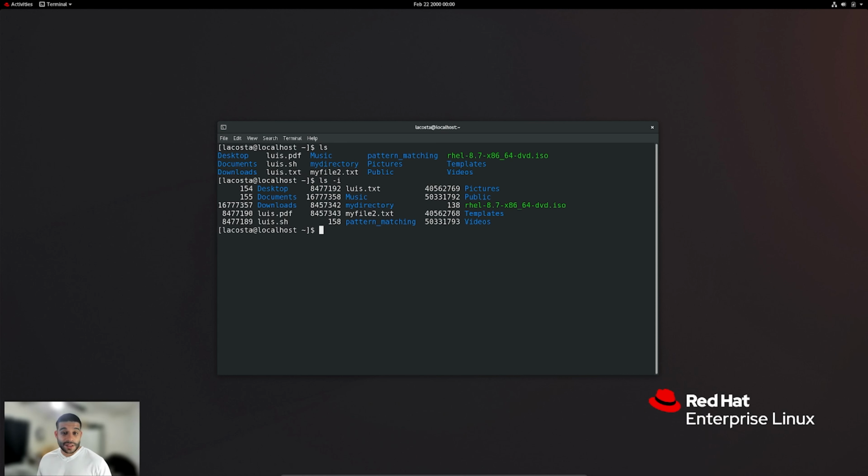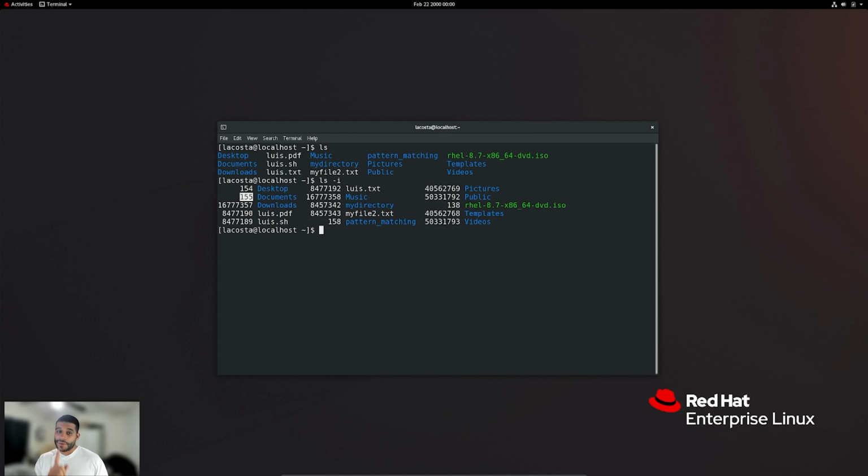Now, interestingly enough, an inode is a data structure that actually contains information about the file or the directory. These numbers that you see next to the directory, so as an example, we have 154 for desktop, 155 for documents. These numbers actually represent a place in the hard drive. So now that we understand what an inode is, how it's represented by these numbers, and all these numbers basically just represent a point in the hard drive, now we can go back to what a hard link is versus